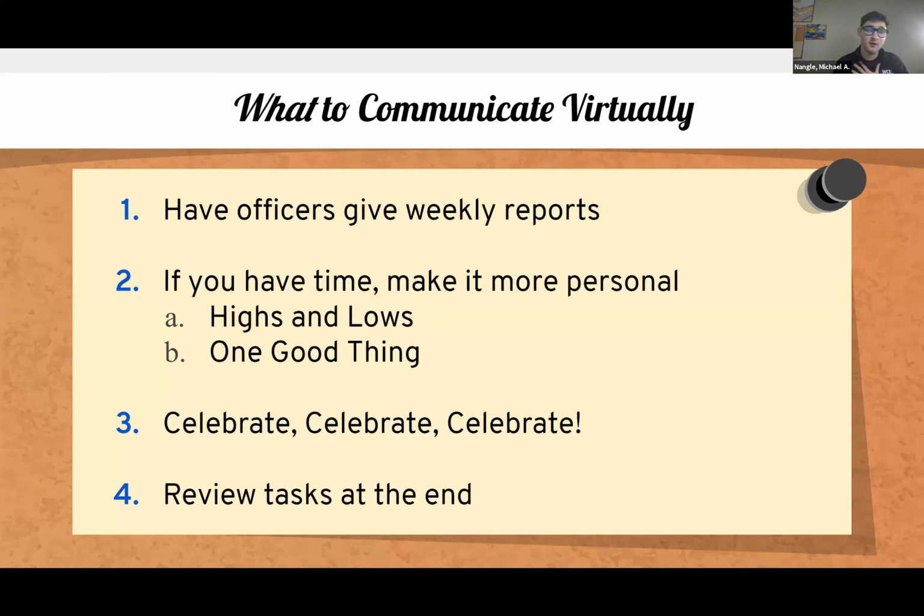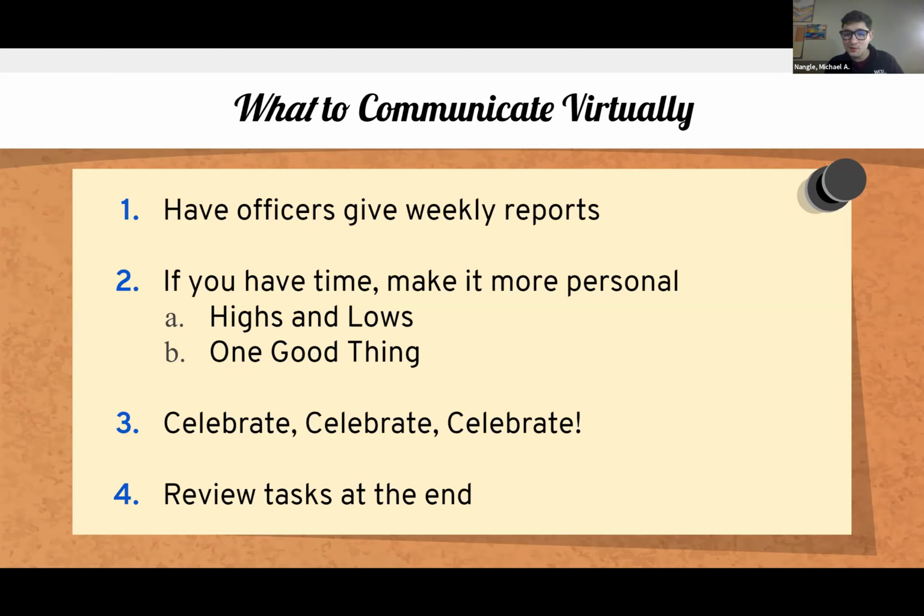So what to communicate virtually? Personally, I think it's important to have officers give weekly reports, specifically in a larger organization. If the fundraising chair just put on this huge event and the recruitment chair just sent out a whole bunch of flyers and neither of them know that that's going on, there can be a severe disconnect between what is actually happening in the organization. It's possible that the treasurer knows some things, that the secretary knows some things, and if they're not reporting as many times as you meet, that information is also going to get lost. And we'll touch on this a little bit more in our conflict section, but that miscommunication is really not helpful or healthy inside of an executive board that's supposed to be so tight.